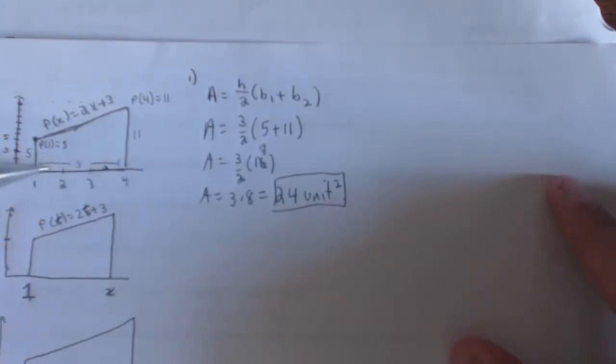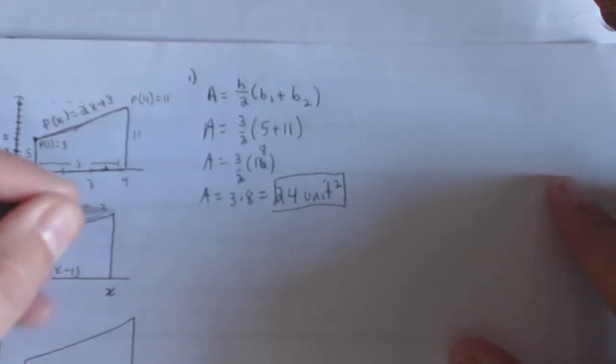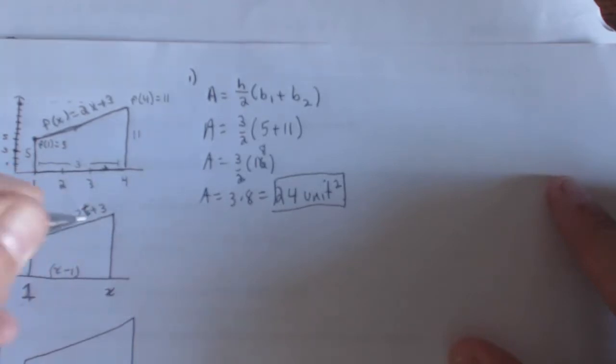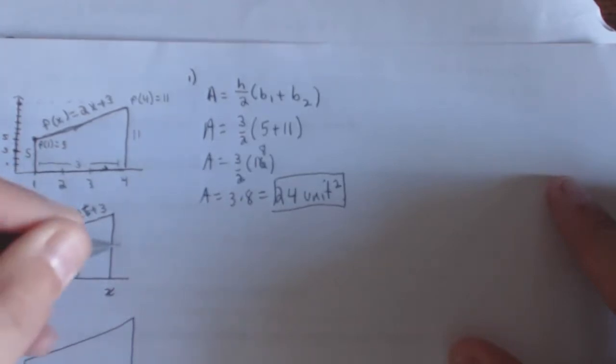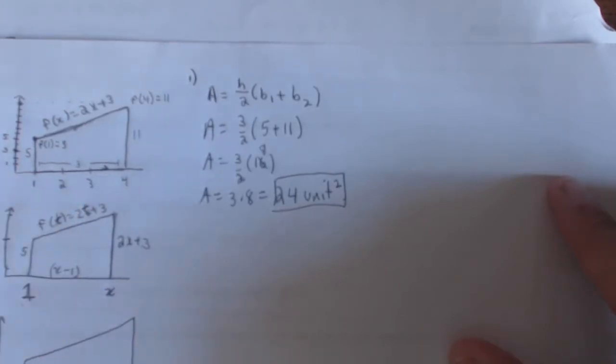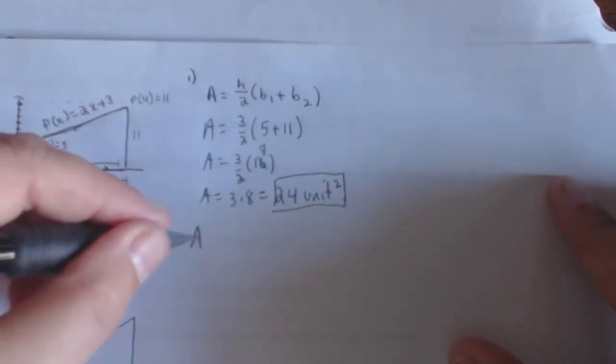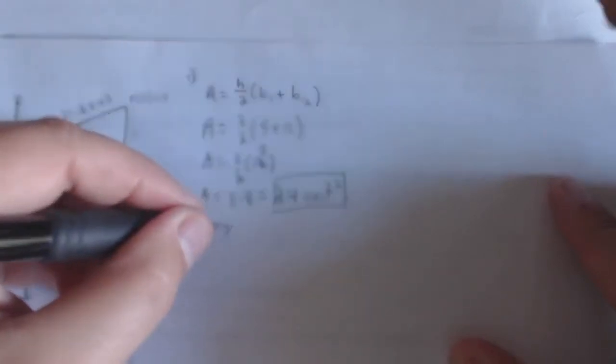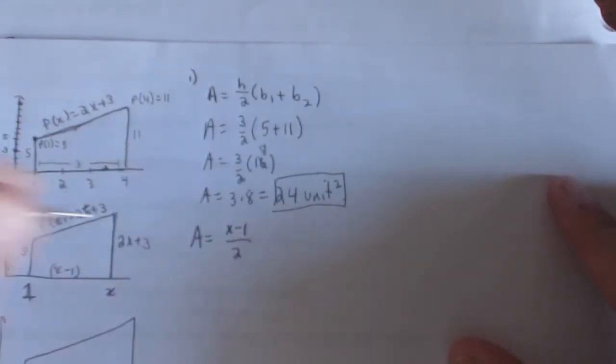The way we found this distance 3 was, we did 4 minus 1, so this would be x minus 1 is our height, and f of 1 we know is 5, and f of x in this function would be 2x plus 3. So if we plug it into the formula, A equals the height, which is x minus 1, over 2,